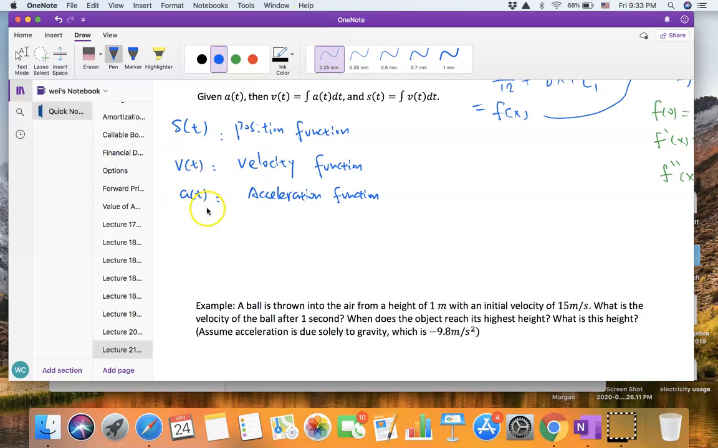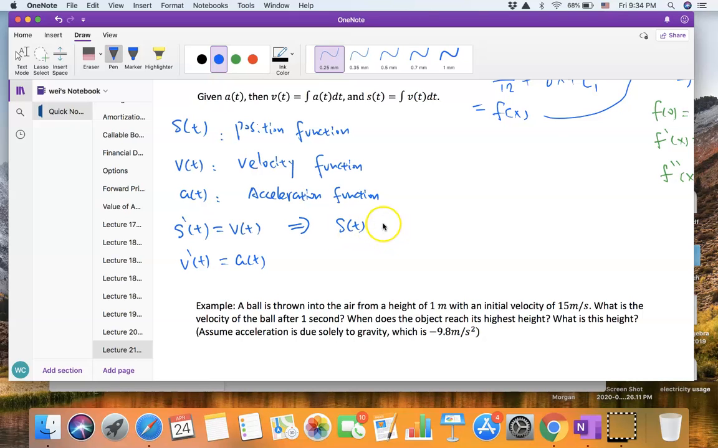Okay. When we study derivative, we said when we take the derivative of a position function s of t, we can get the velocity function. And if we take the derivative of the velocity function, we can get the acceleration function. So, according to the definition of antiderivative, since the derivative of s of t is v of t, therefore s of t,